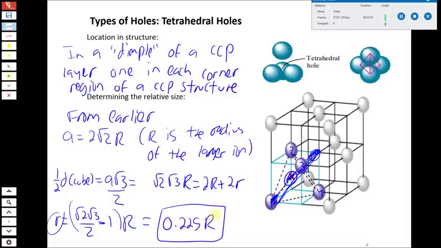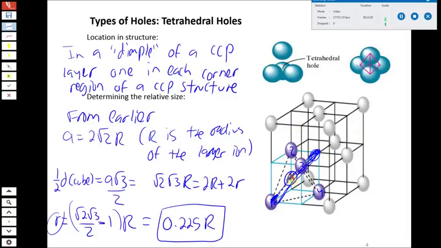They're going to be 22.5% of whatever the radius of the larger one. So again, the holes are smaller than the ion itself. So that's the size of a tetrahedral hole, is 0.225 times the size of the anion that makes up the structure. Okay? So the important things, again, are locations of the tetrahedral holes in the middle of these 8 corners